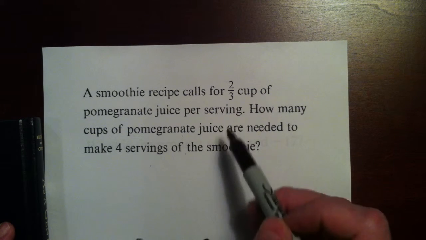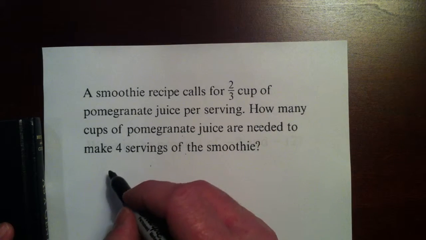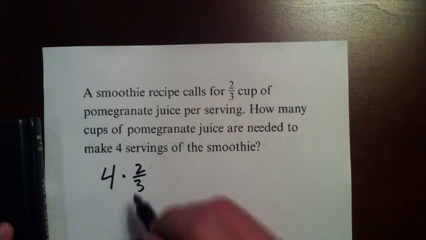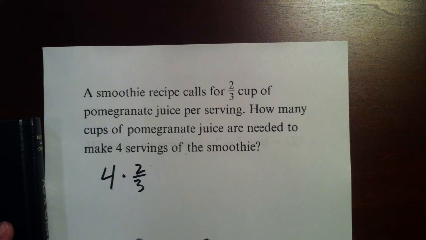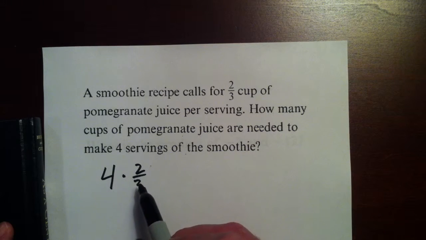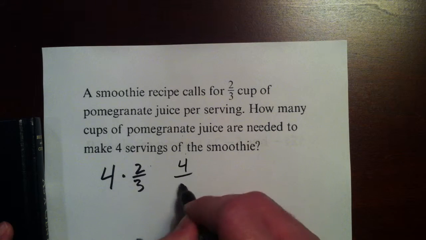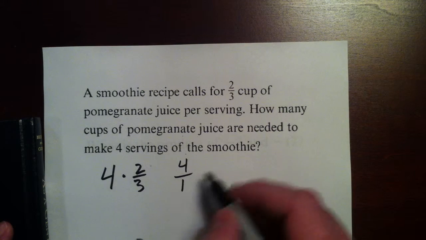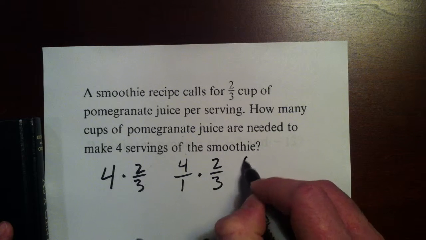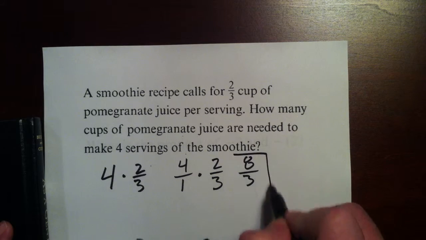Therefore, to get the answer, we must multiply 2 over 3 by 4. So that makes us 4 times 2 over 3. Well, the easiest way to do this, and the good news is that both of these are positive, so the answer is going to be positive. But we can't just multiply that out. We need to put 4 over 1, because 4 is the same as 4 over 1, multiplied by 2 over 3. The answer is going to be 8 over 3 positive. But remember, this is not the right